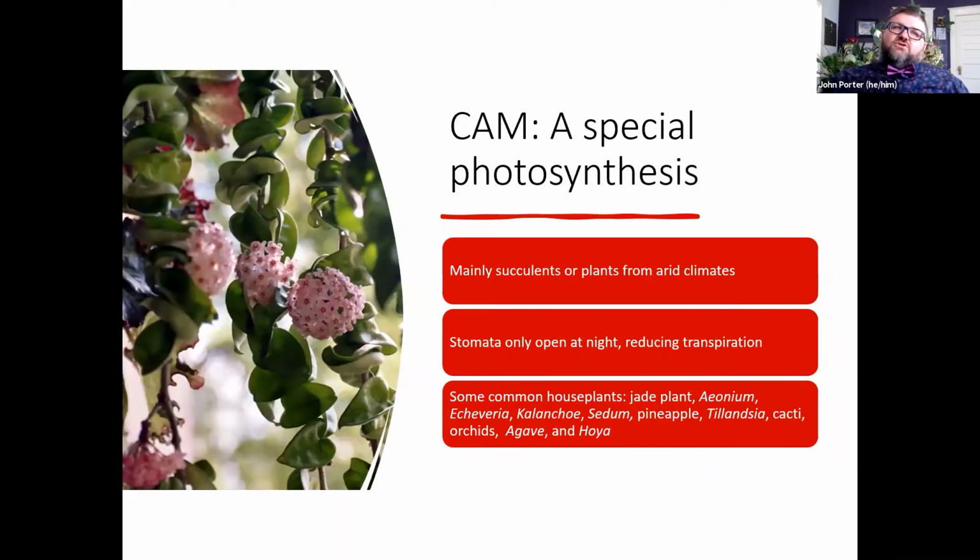And then I told you that there's a special class of plants that do a special type of photosynthesis called CAM, crassulacean acid metabolism. You don't need to know that. But this is a lot of succulents or plants from arid climates. Because they don't want to open those pores during the day when it's really, really hot, or maybe they're in a humid climate, but they don't have roots.